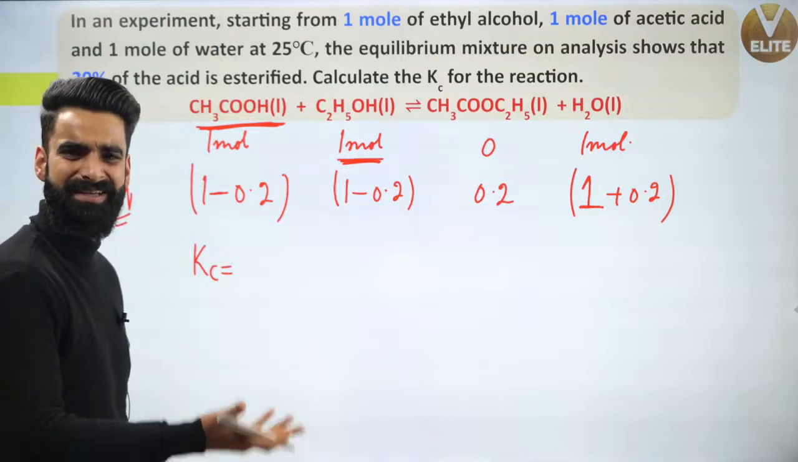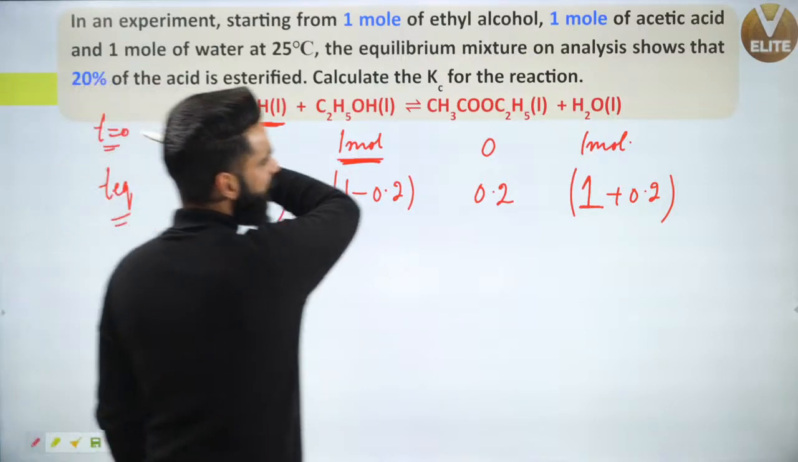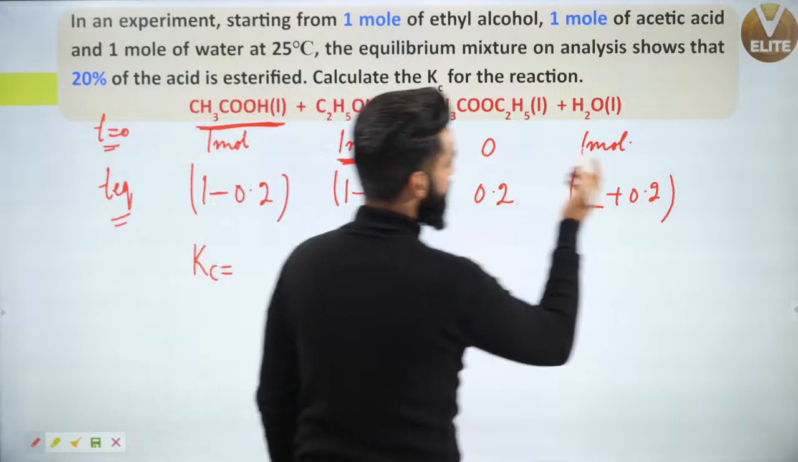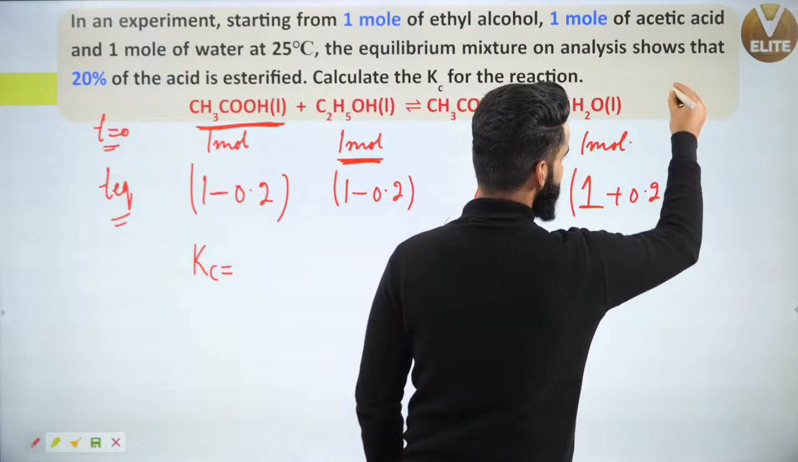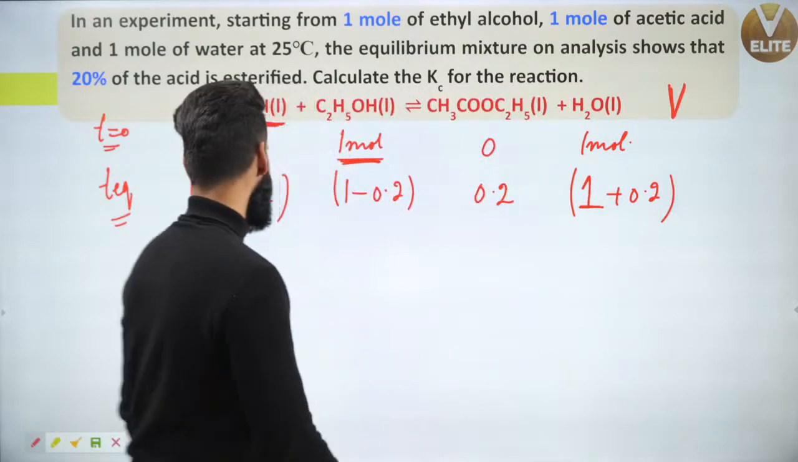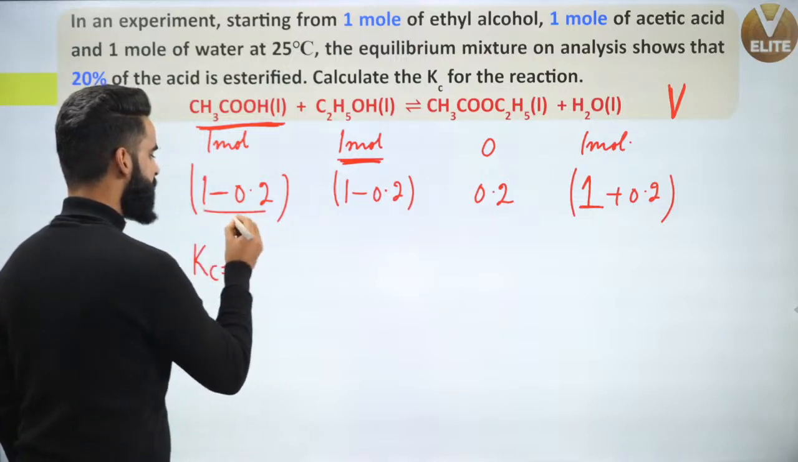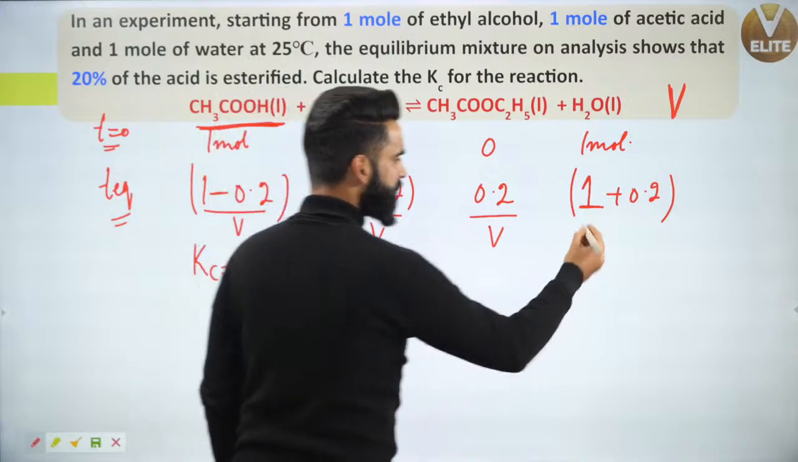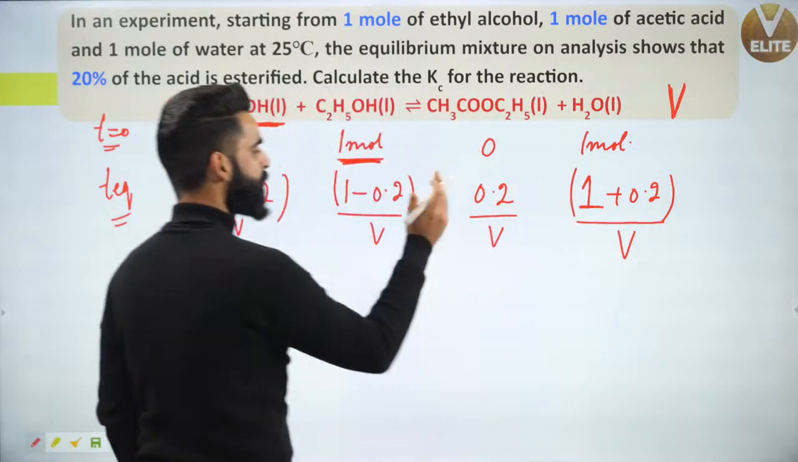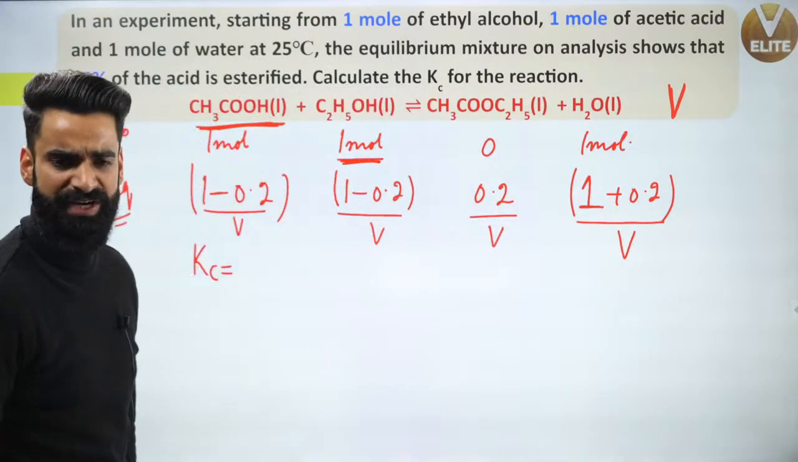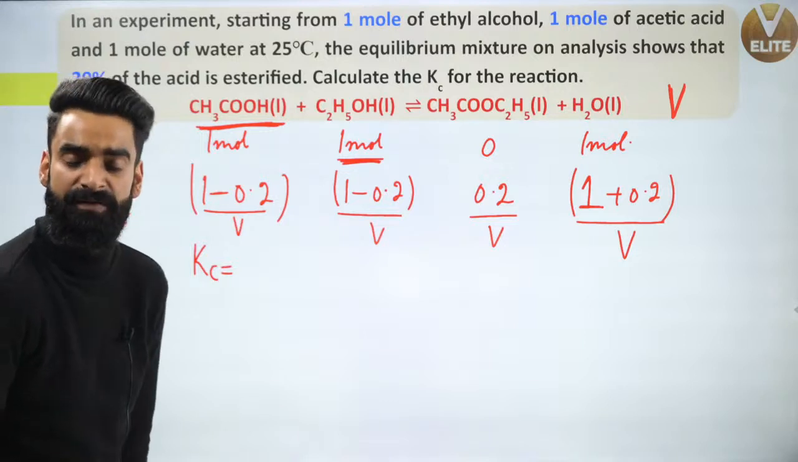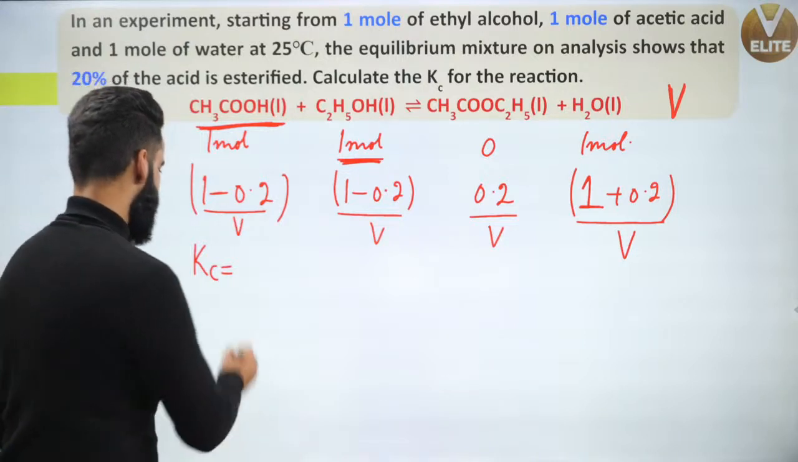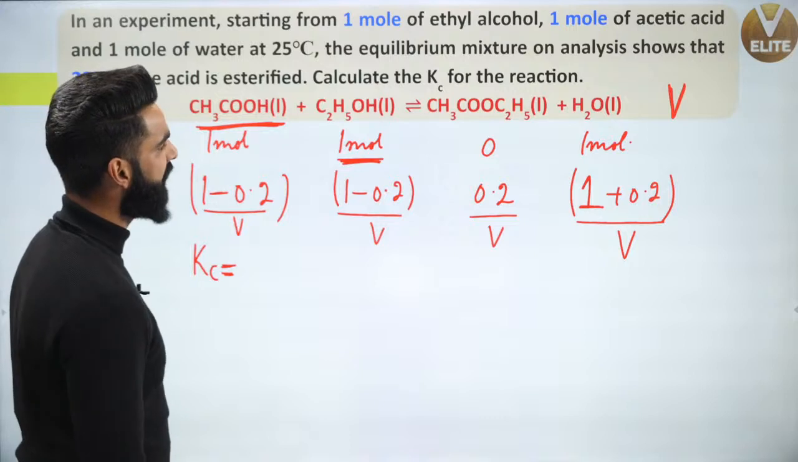The question is done, guys. Let me tell you, let's assume the volume of the container in which the reaction is taking place as V. If I divide each term by V, what am I going to get? I'm going to get the concentrations of each reactant and product at equilibrium, right? Very simple. So the Kc value is going to be equal to